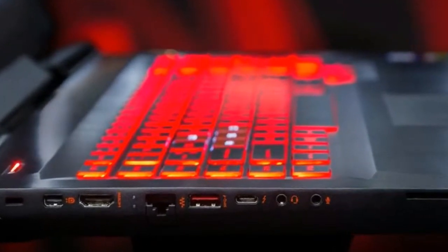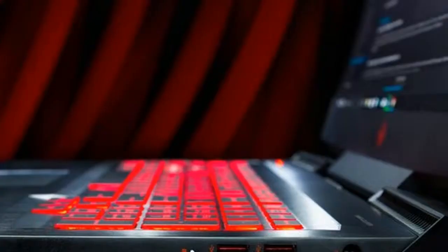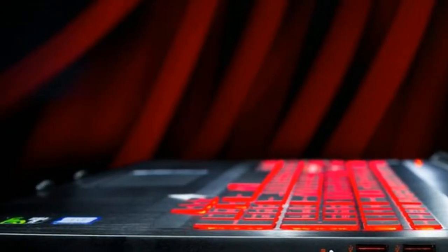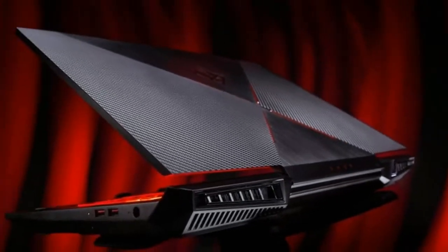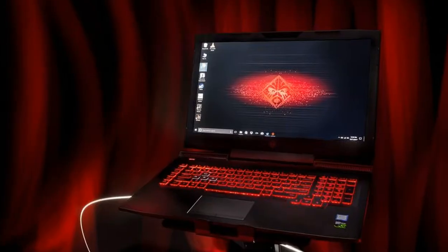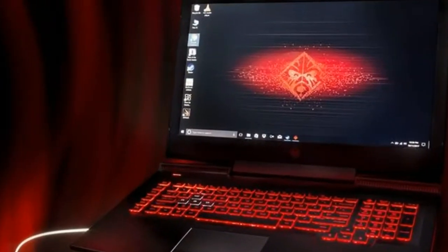That, plus a 7th generation Intel i7 processor, comes in a machine that weighs 6.3 pounds, 2.8 kg. Not light, but on the lighter side for a 17-inch laptop. Many of its peers weigh in excess of 7 or 8 pounds, with some beasts like the EVGA SC17 in double-digit territory. The NVIDIA 1070 packing Omen starts at $1,799,